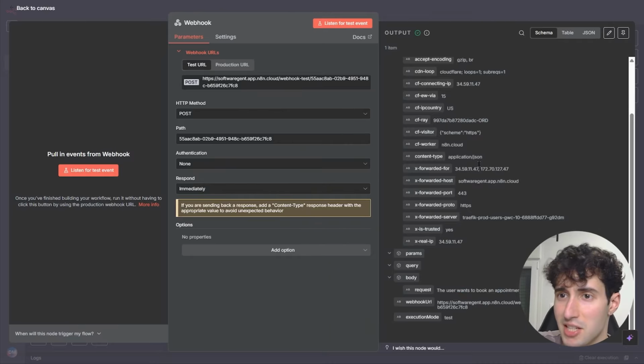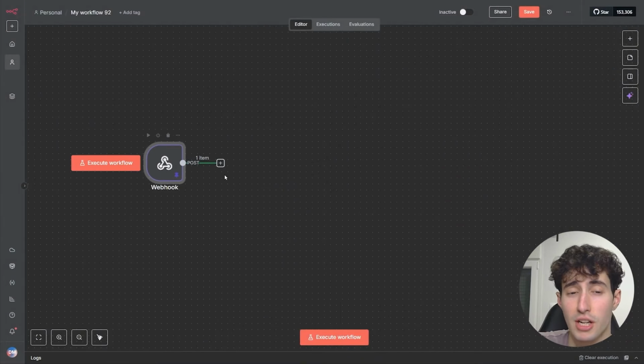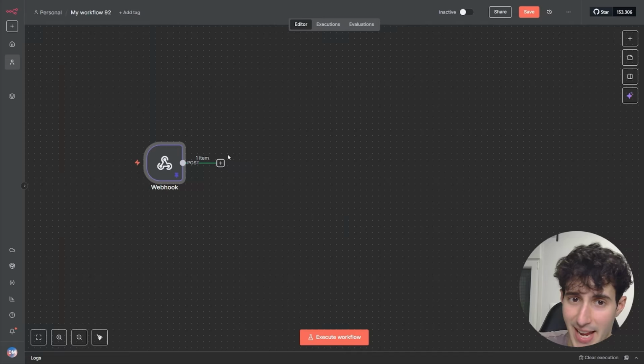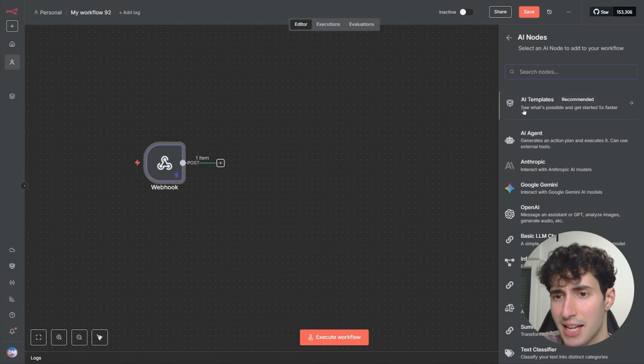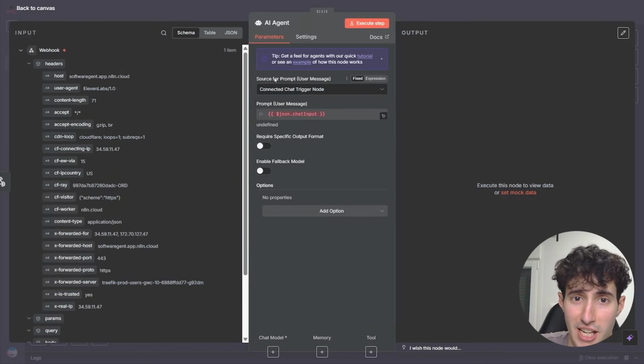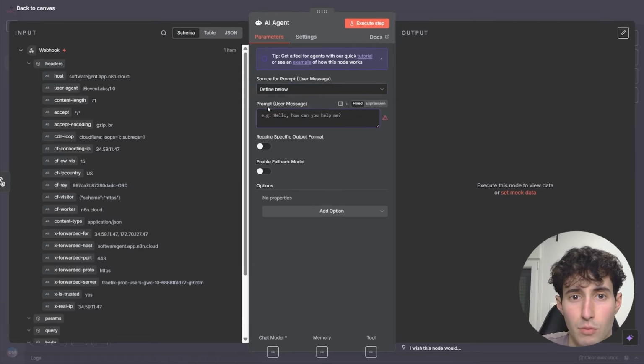And now that we have this, let me come over here and pin this data so I don't have to rerun this if something goes wrong. It is time we go and we build our AI agent. So to do that, we obviously have to come over here, select AI, and then select AI agent. Now the first thing that we need to do is to come over here in the source for prompt and change this from connect to chat trigger node to define below, which is going to open up the